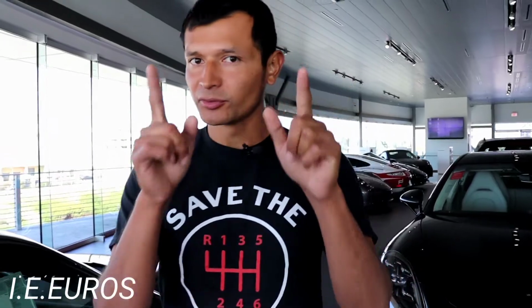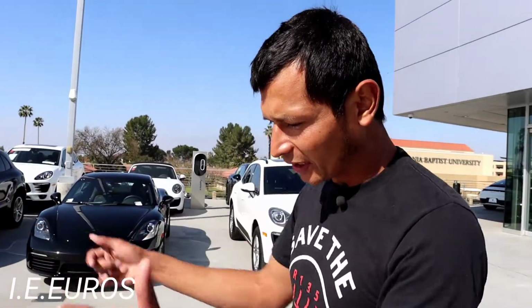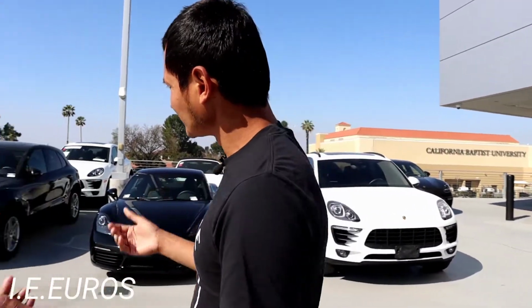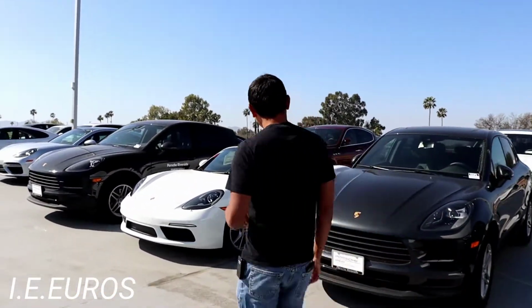Outside, they don't only have new or pre-owned cars, they have some other cars as well over here. Yes, outside over here they have more inventory. They don't only have new and certified pre-owned, they have used cars because they're part of the Walters family. That's the reason why they have access to hundreds and hundreds of used cars. It doesn't matter the brand, the model, or the year. Over here we have more Porsches, but to prove that, we have